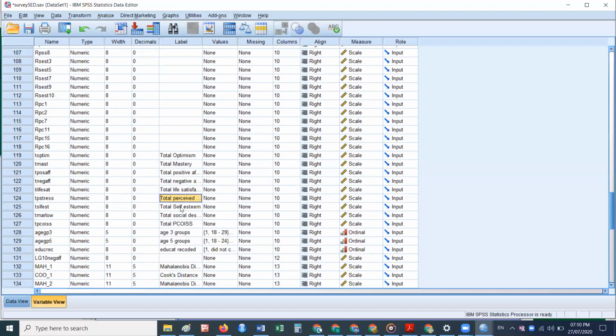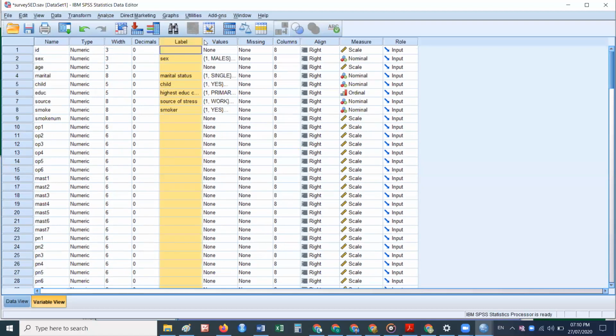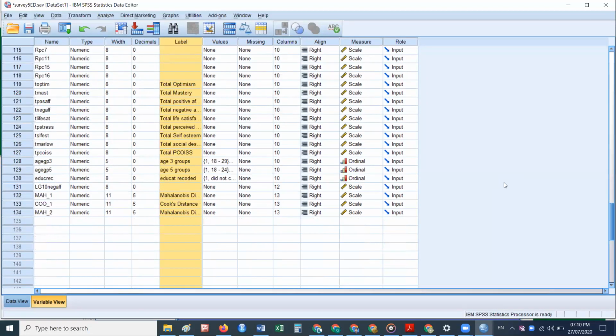Stress of the person, the self-esteem, and social desirability control. Social desirability control is another variable. So these are the different variables: PCOISS, personal control of internal state. This is another control variable. So these are different psychological factors for participants.